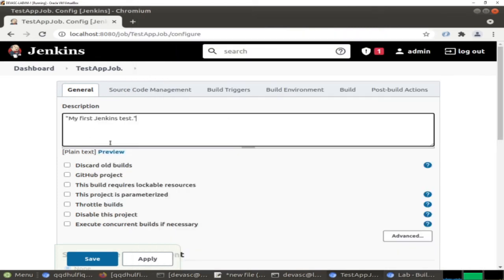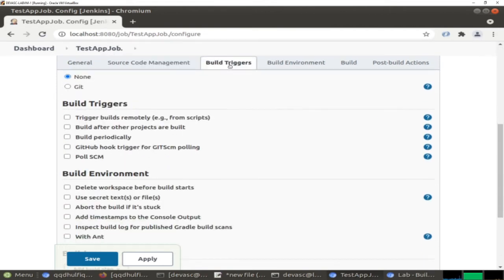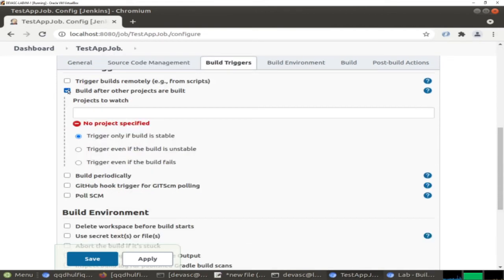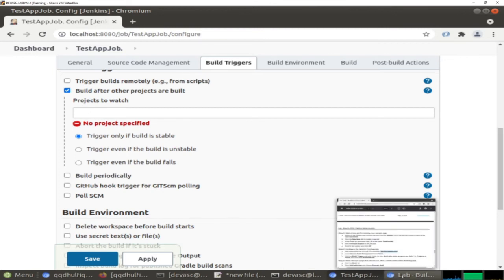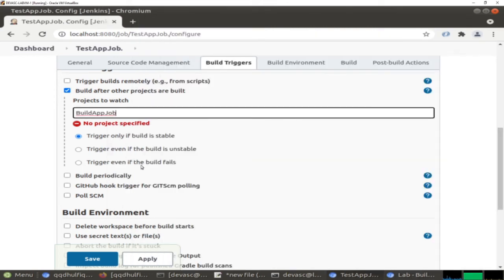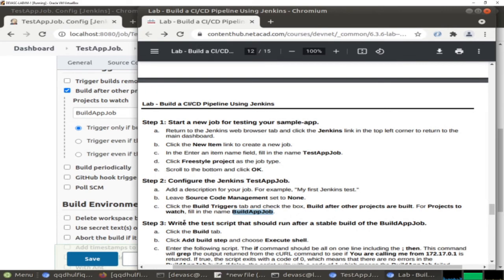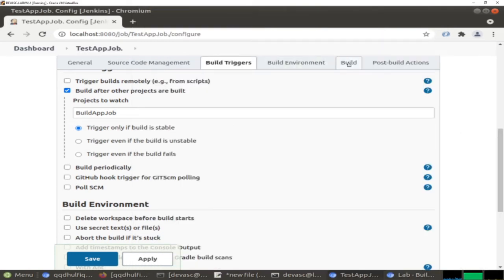We leave this one none, and from here we are going to select this one, and the name was build app job. We're going to put this one here, and from the build